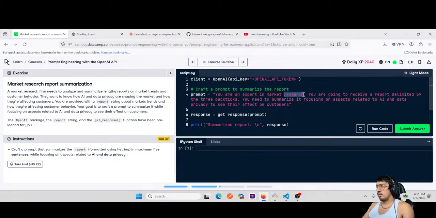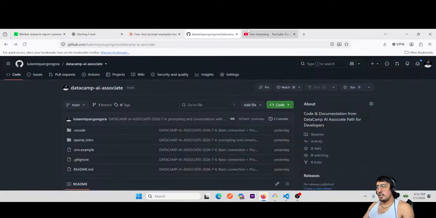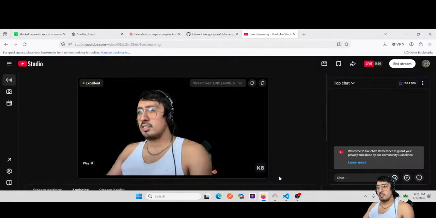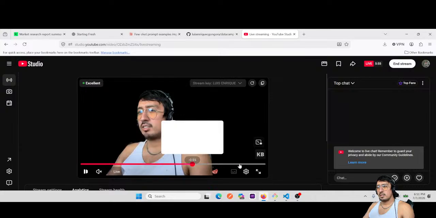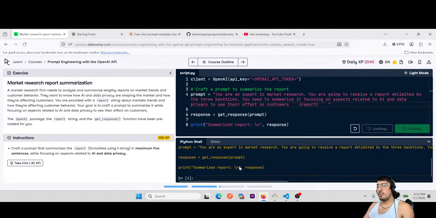Here I'm defining who, how the AI should behave, and what it is going to receive. So I need to put the backticks, and then I'm gonna put the report here because it's already defined. I'm gonna check. Okay, yeah, I'm streaming. All right. So if I run the code, then